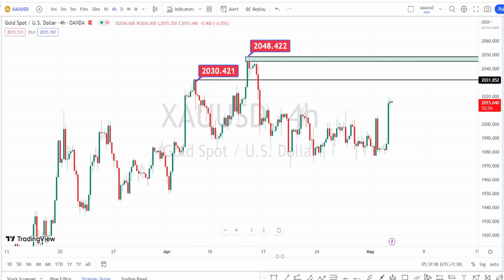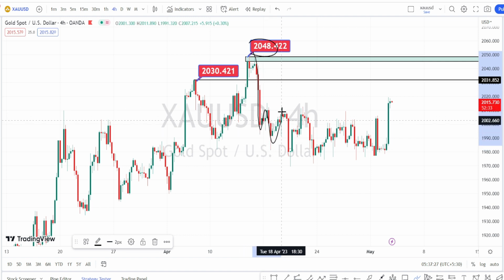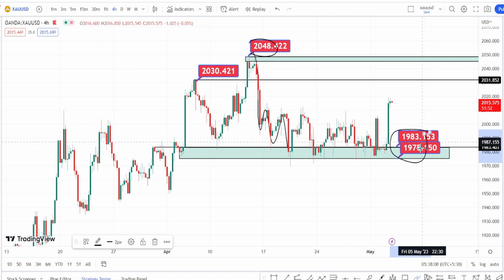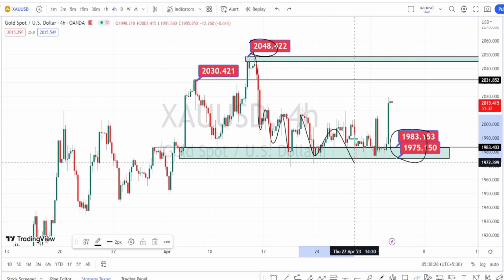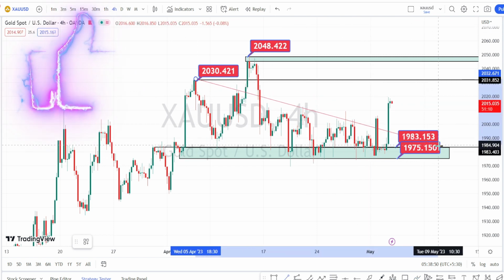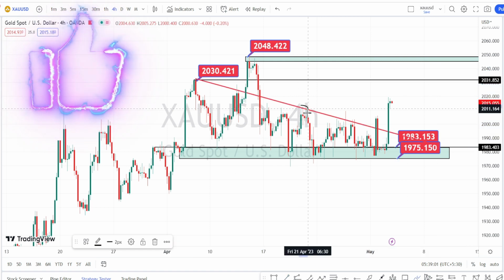I'm in 4 hours time frame now, and when we look at the current price action in 4 hours time frame, I mark the resistance zone or a supply zone where we have noticed the price action to test this resistance level of 2048 or 50 and then to continuously trend on the bearish side retracement. And after testing this demand zone between 1983 to 1975, we have noticed a price action to consolidate around this area. And previously also we have noticed that price action was trending on a bearish side retracement, trading below this